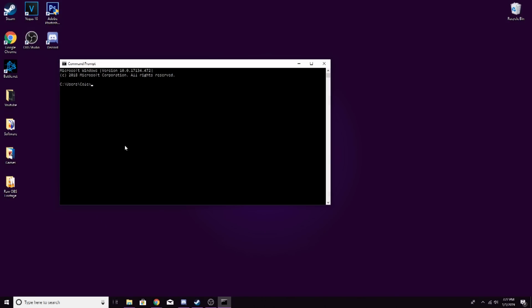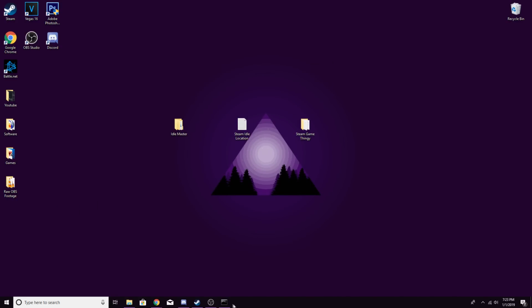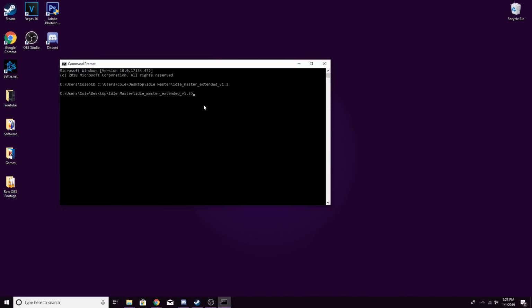We've only got two lines to type, so it should be fairly simple. First, type in the capital CD and hit space. Then right click and paste the file location of the Steam Idle application. Now you should have CD, then your file location with a space between. If you have done that, click enter. On the next line, we'll type